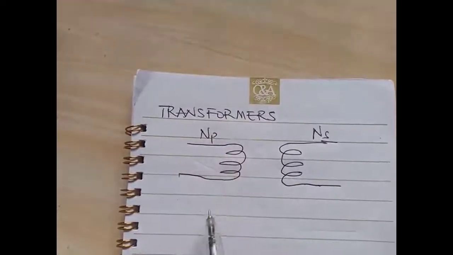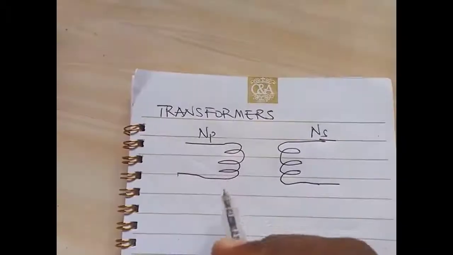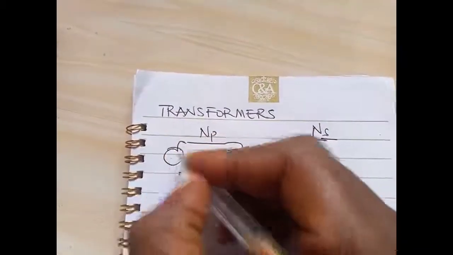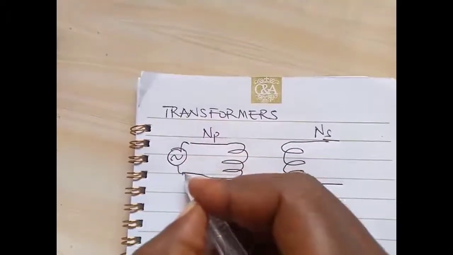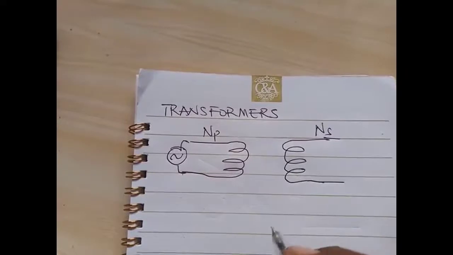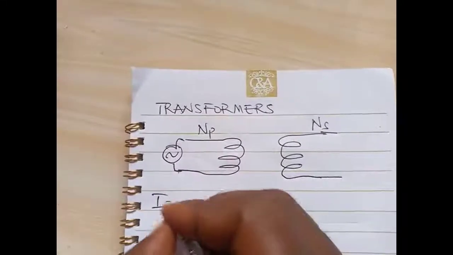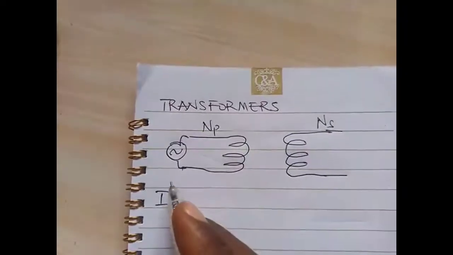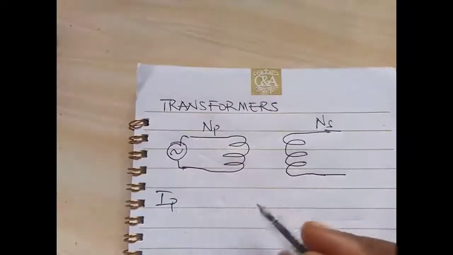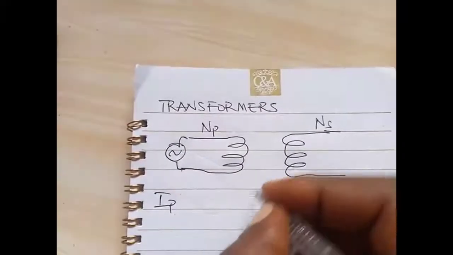The primary coil, or the primary turns, is connected to an AC voltage, which produces a time varying current. We have the primary current on this side in this primary coil. This primary current produces a time varying magnetic flux